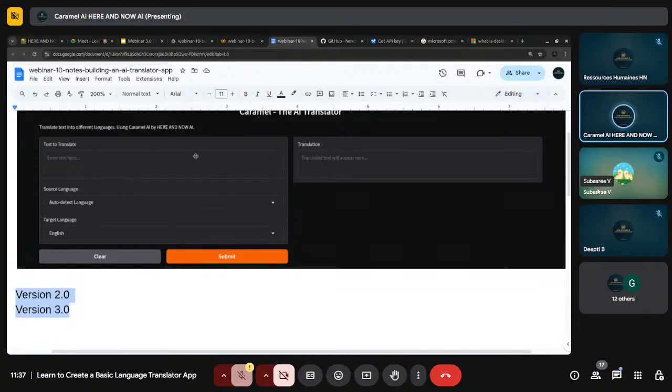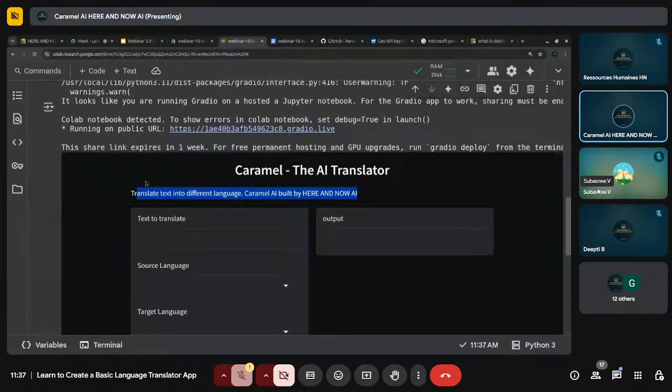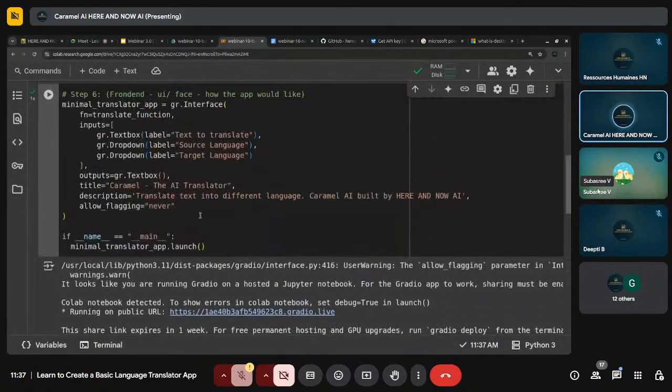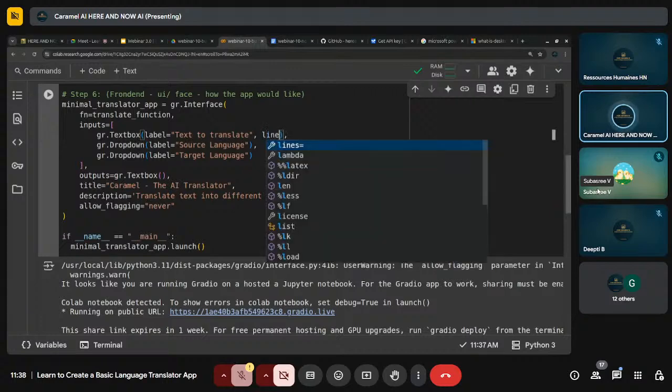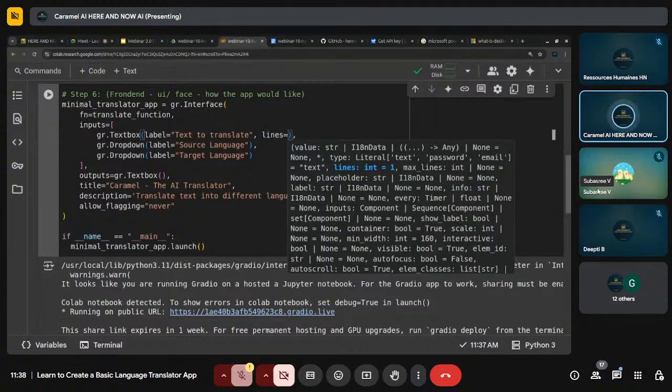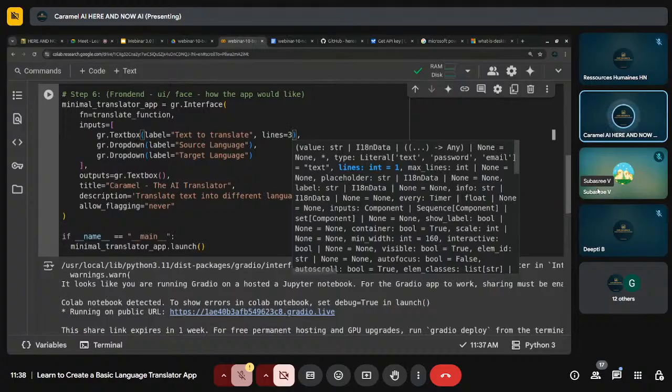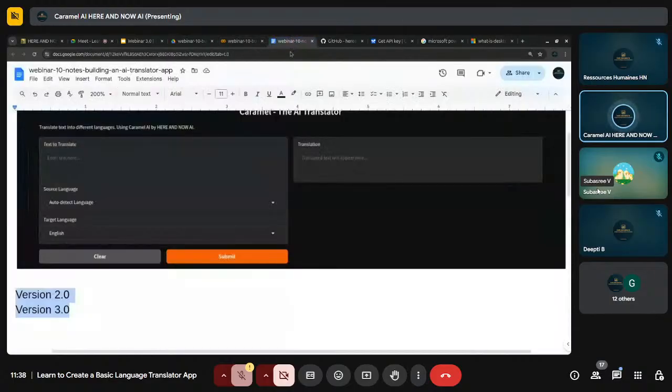Now I want a few more. I need some space here because it has like 2-3 lines here, and I have only one line. Let me give more lines. I can do that by passing this command, lines equal to 3, and then I also want something